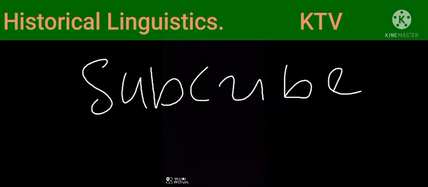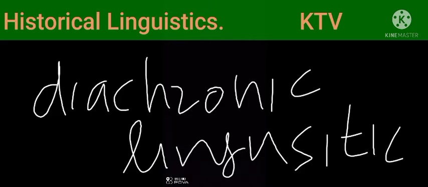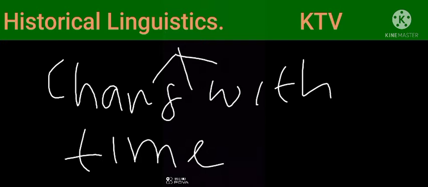Today we will discuss a linguistic topic, that is comparative historical linguistics. Historical linguistics is also called diachronic linguistics, the scientific study of language change over time. Five of the principles considered in historical linguistics: